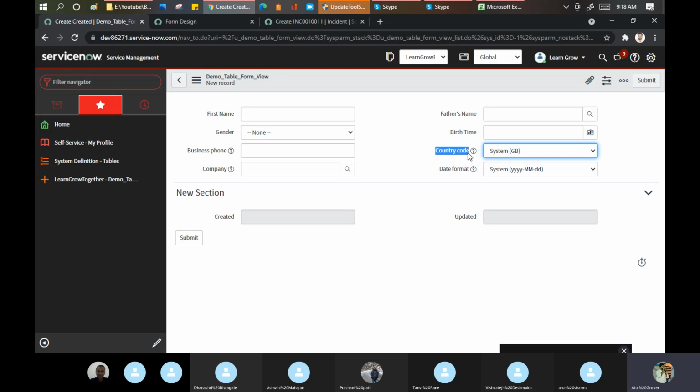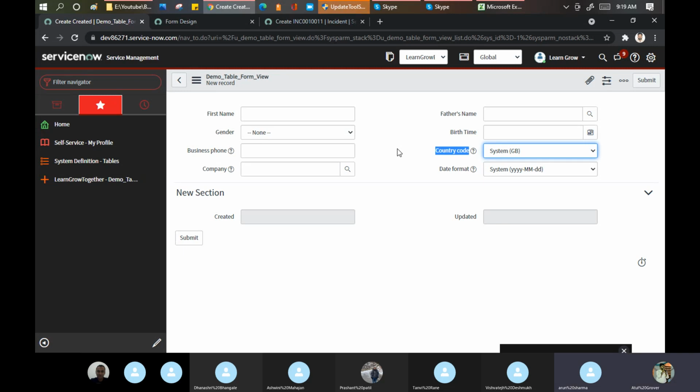If you change them, you need to change them in the user table, and if you change the user table, it will impact everyone. So better what you can do, if you want, you can create a new field on the form, or you can create a new field in your demo table and put it as country and refer to the location one. So let's say for example instead of country code, I want only country, and then I can refer this part to the country code.